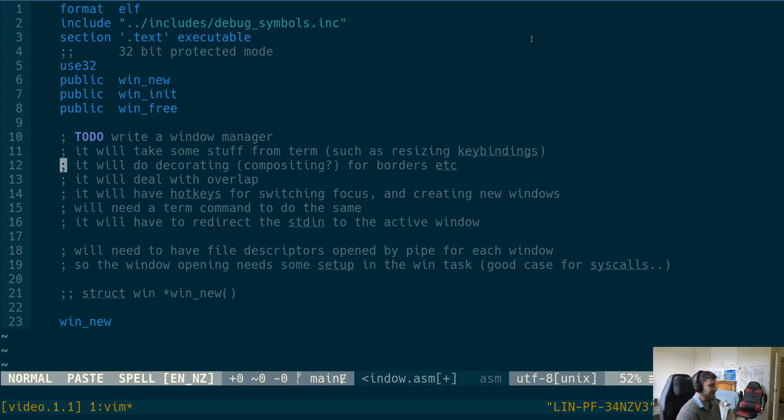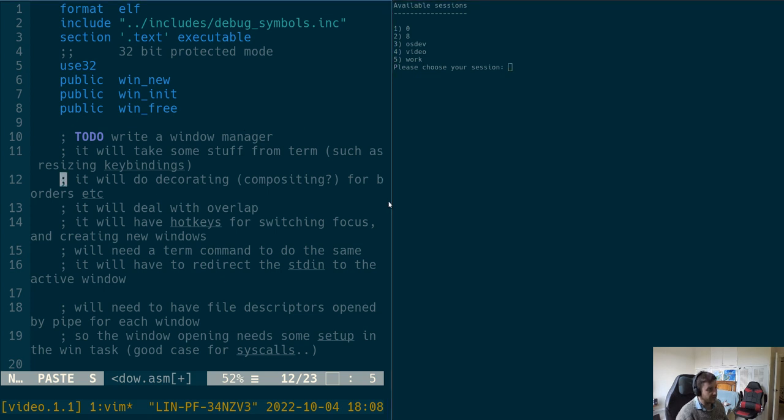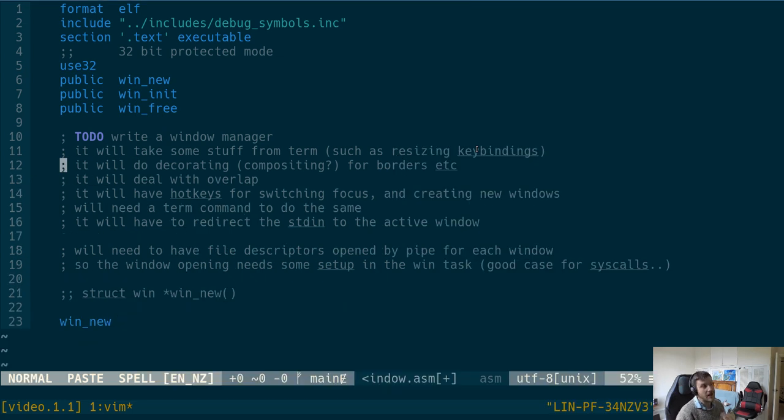I kind of want to make a thing. The next thing I want to do is also have what I call decoration, or I think it's also called compositing, which is just for window managers, but it's basically drawing a title bar or a border. You can't really see that there is a border, but there is a very tiny one, I think 1-2 pixels in my setup, and I want to add that. It won't look anywhere near as good as this because I can only really work with ASCII text at the moment. Well, not really ASCII, but